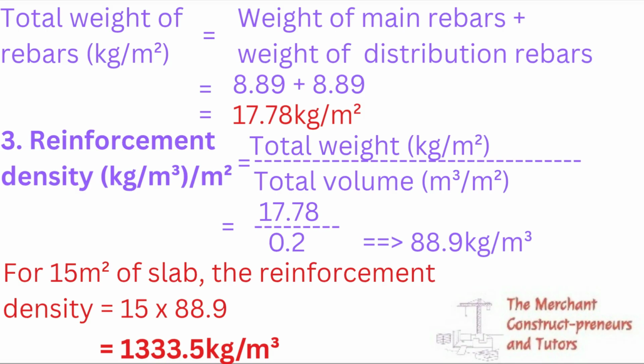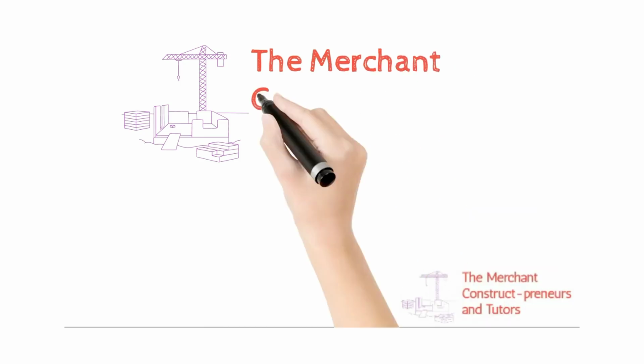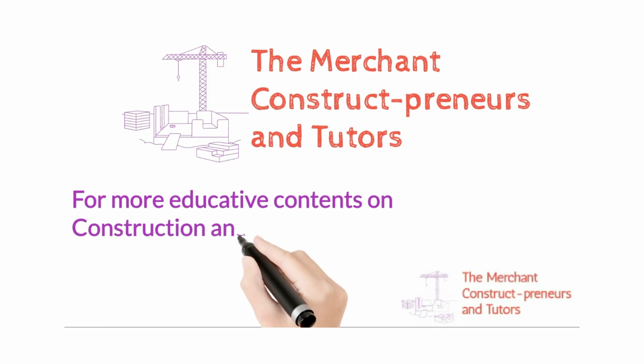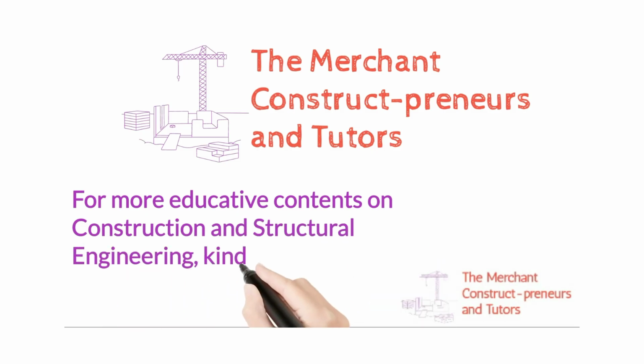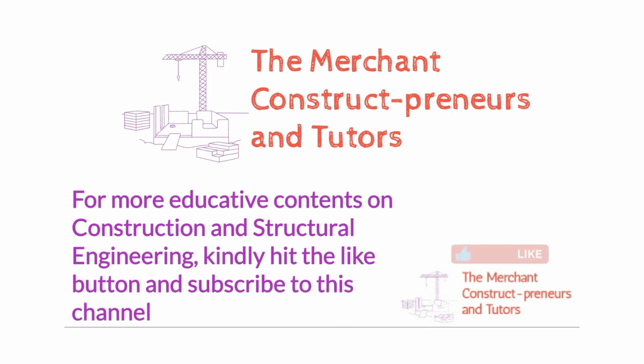Right. This calculation is very, very important to the QS, because without that, a planning cannot go on. You cannot be waiting for the structural drawings to be ready before they can go ahead with the planning. So this gives an overall idea of the reinforcement that is required. So a little addition for wastage, for lapping will be done by the quantity surveyors, and then work can go on while the main structural drawings are being prepared. And if the structural drawings, the bending schedule is ready, then we are good to go. There's nothing to